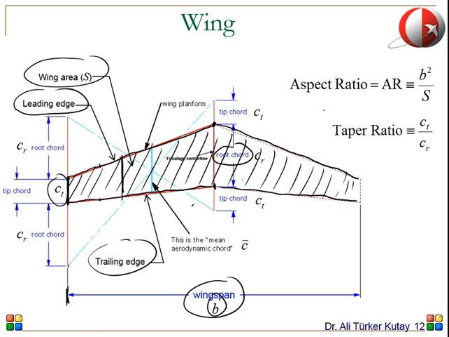So for our calculations, instead of using these varying chord lengths, we use a single chord distance, and that is called the mean aerodynamic chord. Again, the chord length is not a constant number, so it has a different value here, a different value here, a different value here, so you have these changing chord distances for this wing. But instead of using all these changing chord lengths, we define a certain chord length, which is just one single number, and that is obtained geometrically,